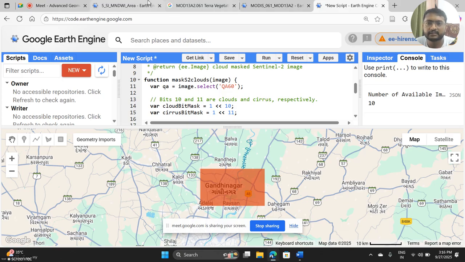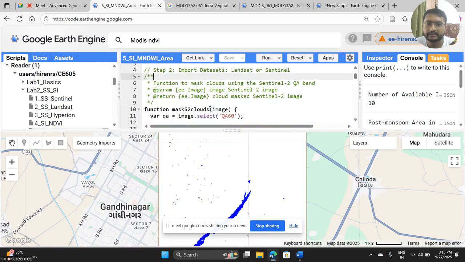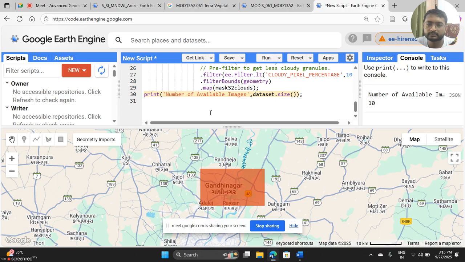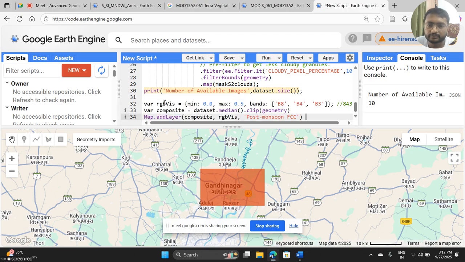So we have to use another line, which is Map.addLayer. That line will represent the image. So Map.addLayer, then the variable which you want to see. So we want to see the mean image. We got 10 images, but we want to see the mean of all 10 images. So we will take dataset.mean, or median, or maximum, minimum, whatever you can take, but generally we prefer median to avoid too bright or too dark